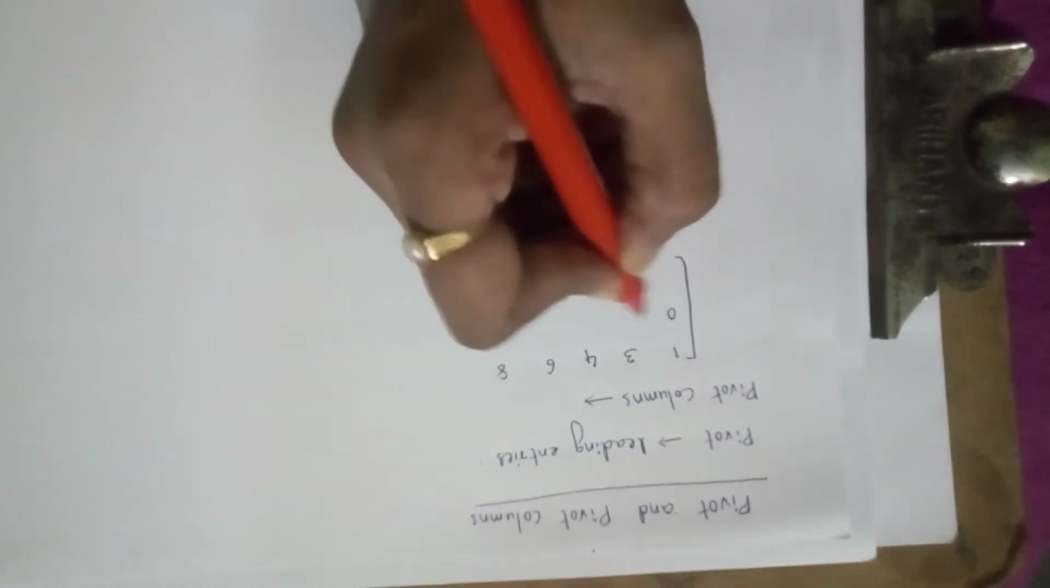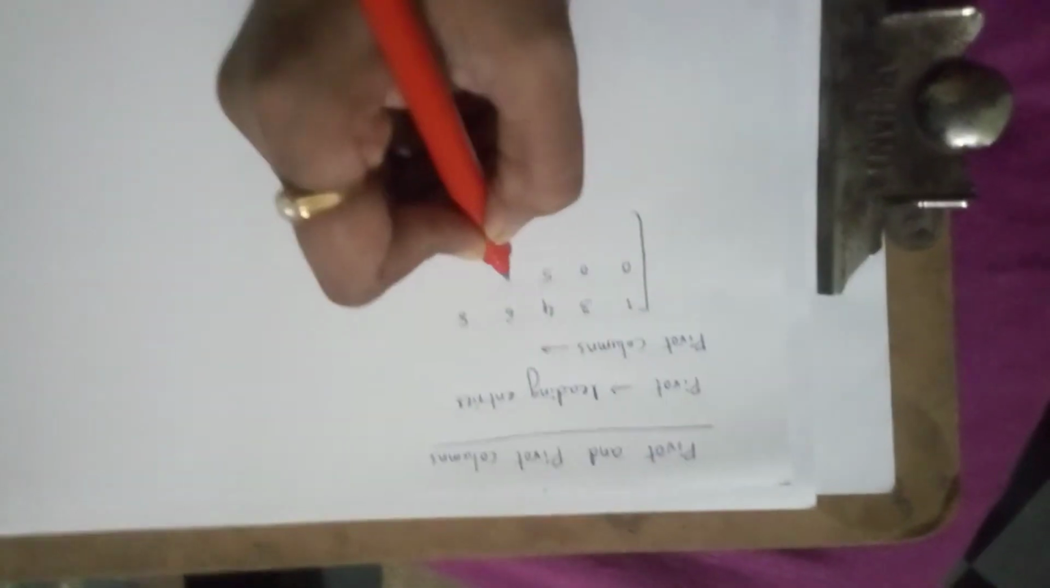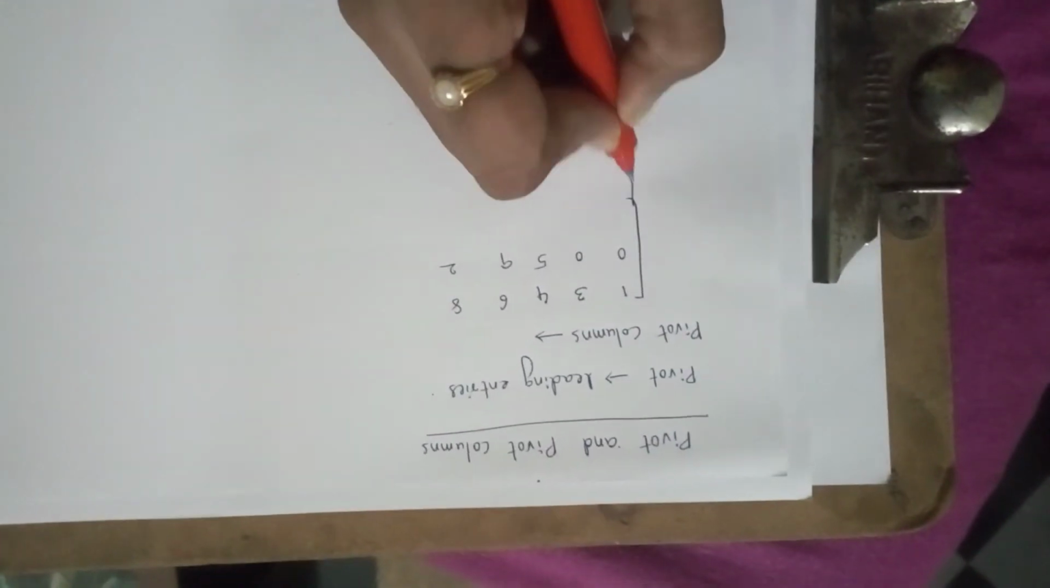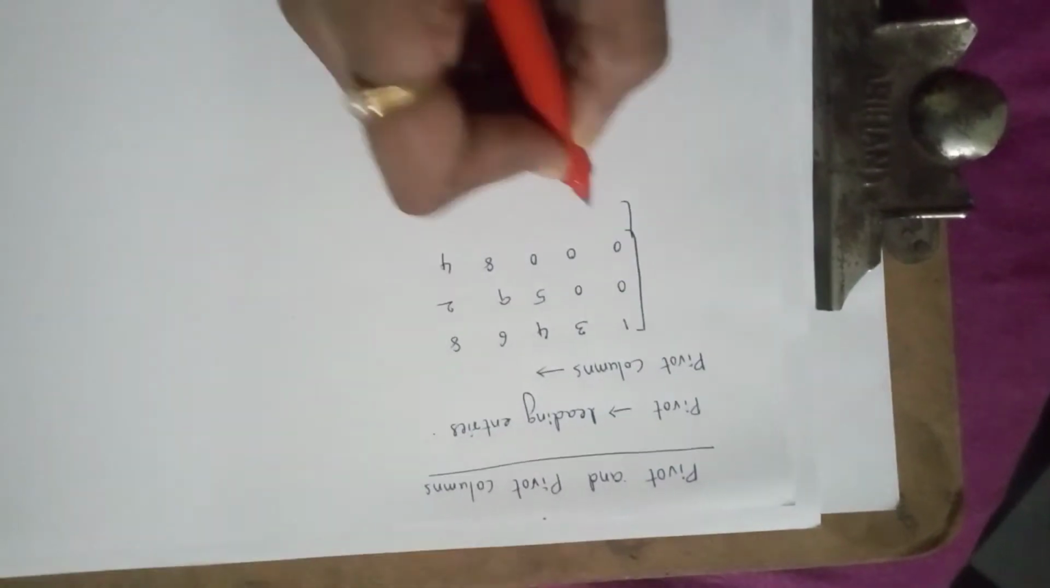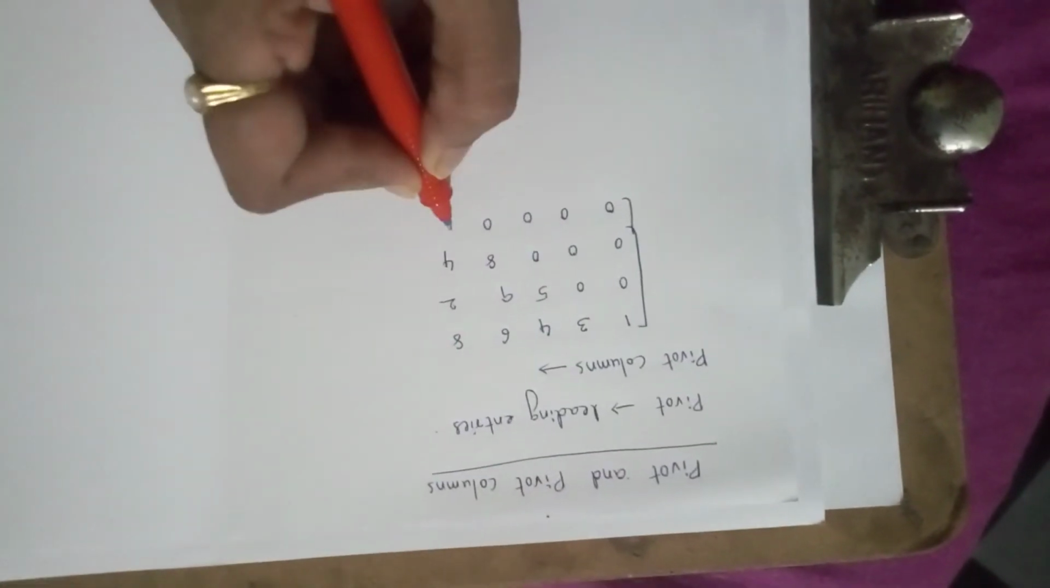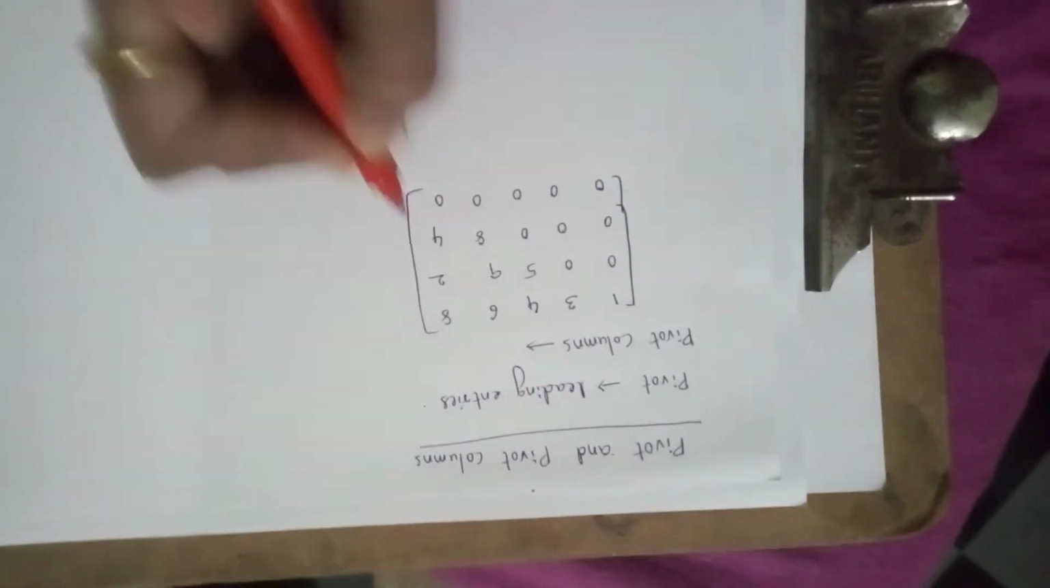And the next, what are pivot columns? Pivot columns, first of all, we have to take one example. 1 3 4 6 8, and next 0 0 5 9 2, and next 0 0 0 8 4, and next 0 0 0 0 0. So this is the augmented matrix. In that example,